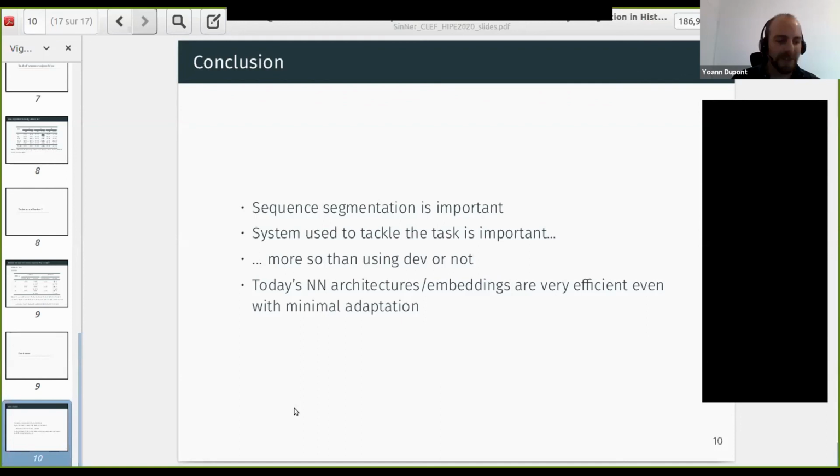And that today neural network architectures are very efficient, even if you do minimal adaptation. You can have very decent results, basically just plugging in your neural architecture to the task. Thank you.